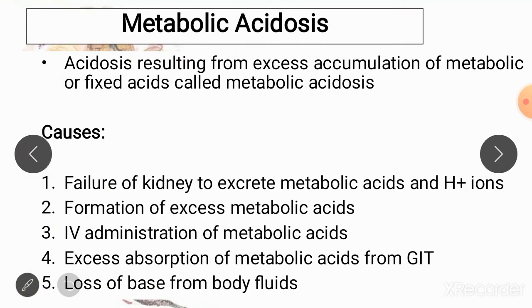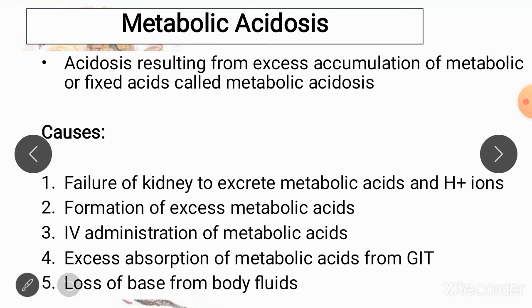Next, we have metabolic acidosis. This means acids are increased within your body, but the acids which are increased are not carbonic acid. In fact, there are other acids which are not involved with your respiration. So the cause of acidosis is not your lungs. Your lungs are absolutely fine, and the acid which is increasing is not carbonic acid, it is some other acid